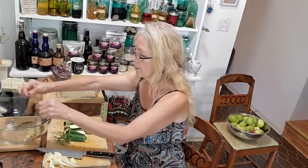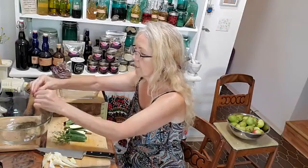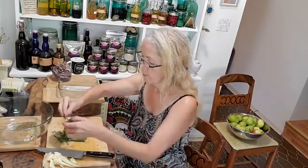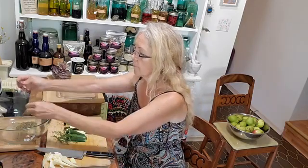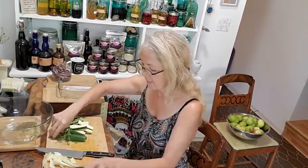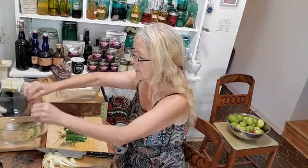This is fresh thyme, and there are so many different thymes, you know, lemon thyme, all kinds of different thymes, and so they all have the antiviral properties. So I encourage you, if you don't have a thyme plant, get a thyme plant of some sort and keep it for the winter, and you can dry it or you can just keep it live. Either way, it's fantastic for cooking, as well as